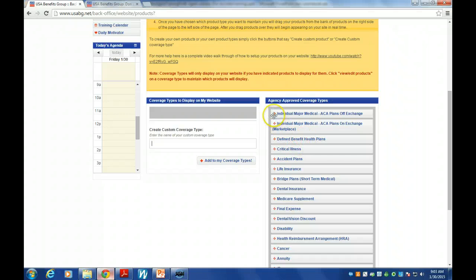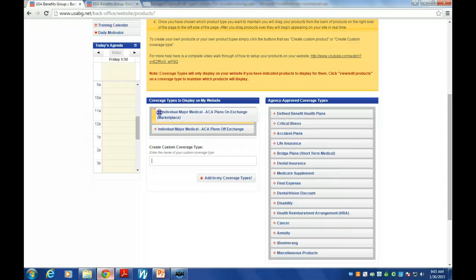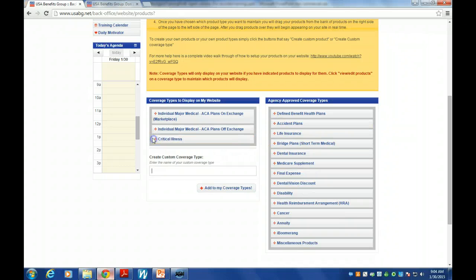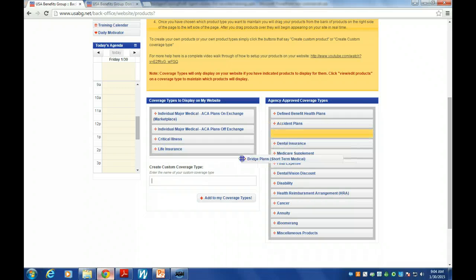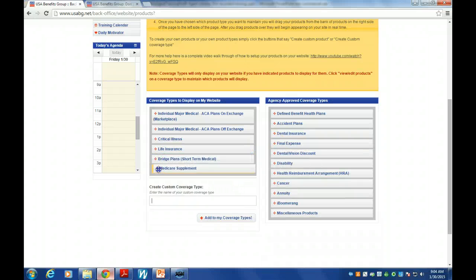So you're going to find the coverage type that you want, move your cursor to this red cross, left click on it, and then drag it and drop it to the left. You're going to continue that process for each of the different coverage types that you are interested in. Okay. So once you've decided,